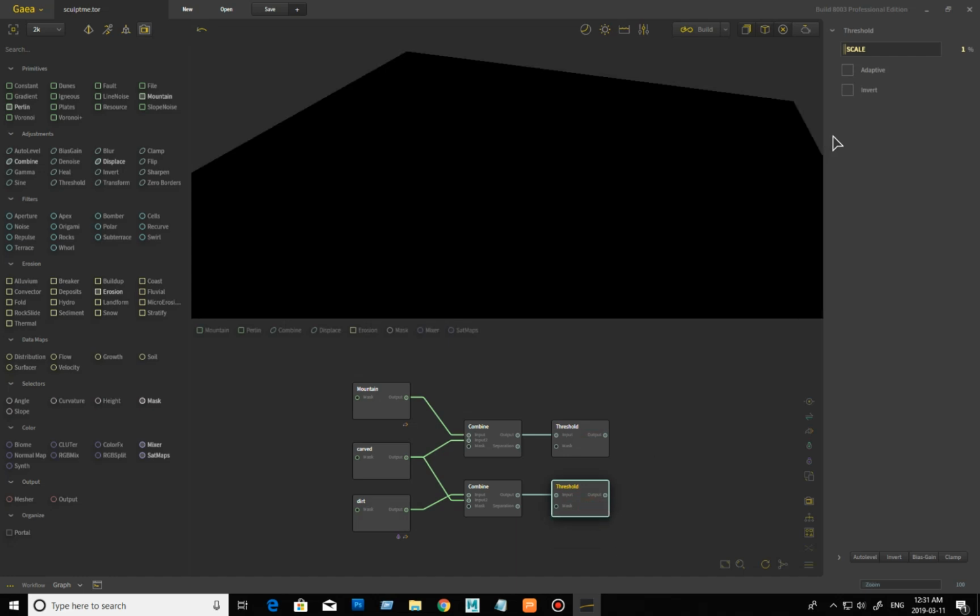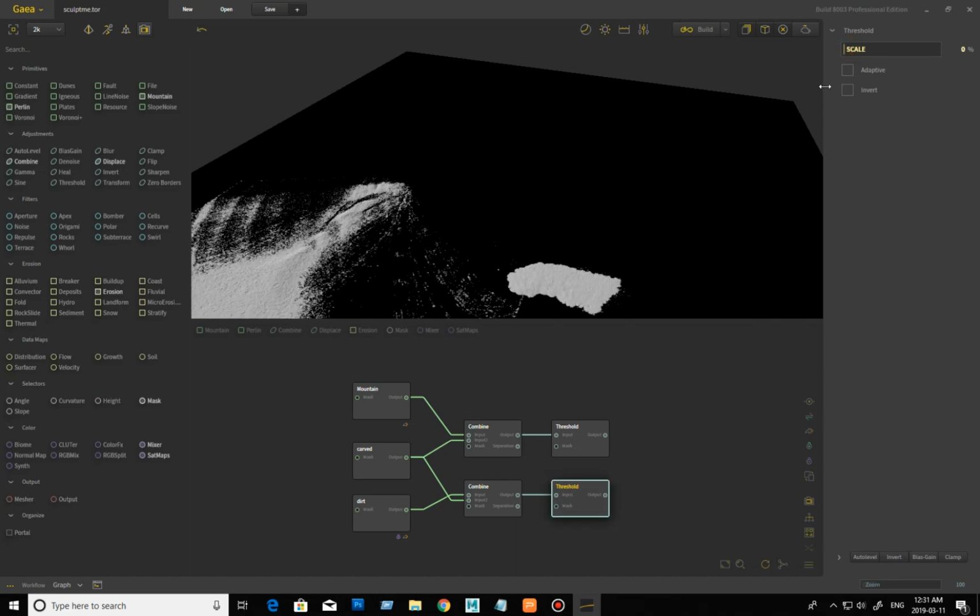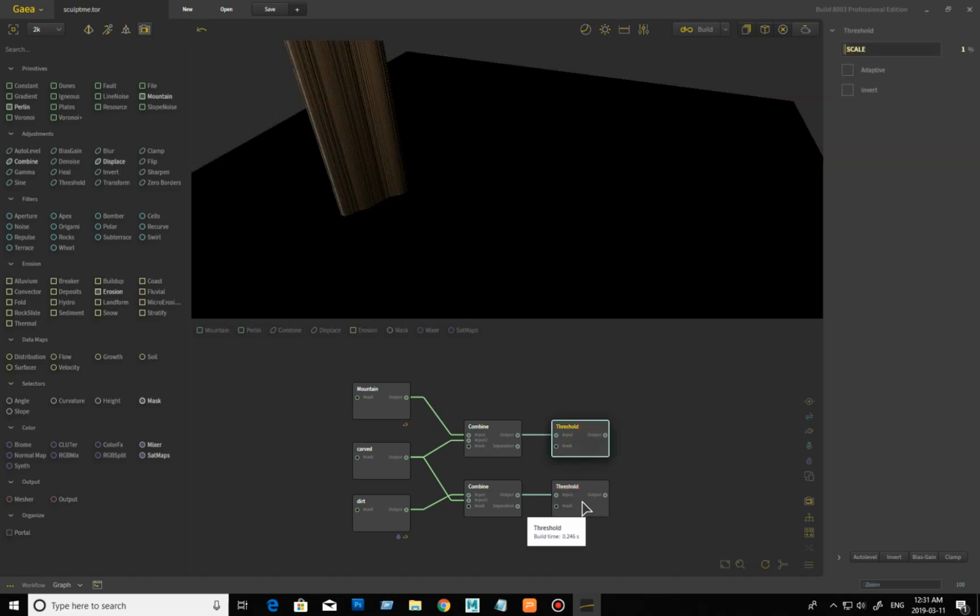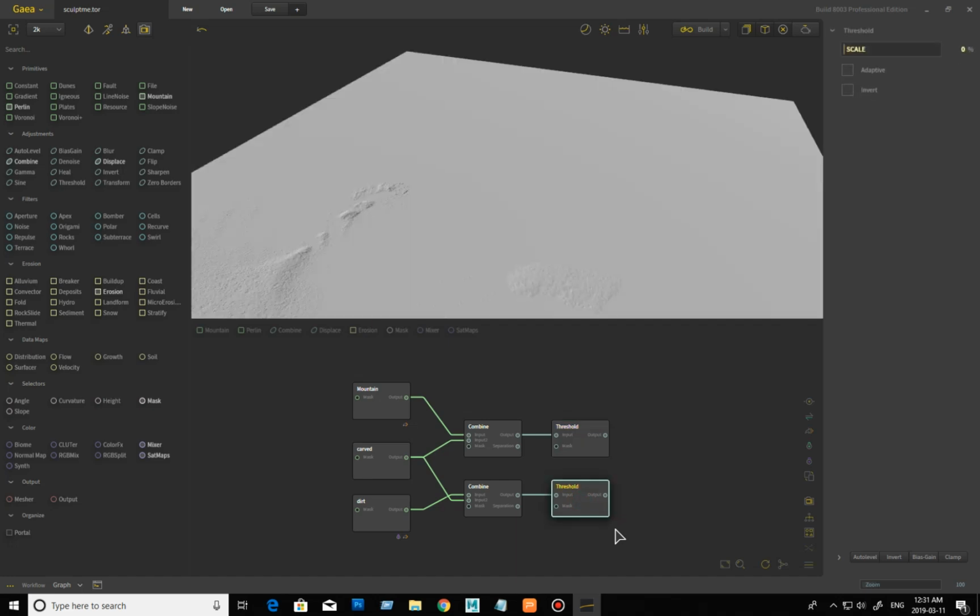This one's not quite set yet. So this one works fine at 0, and there we go. So we have our 2 masks,